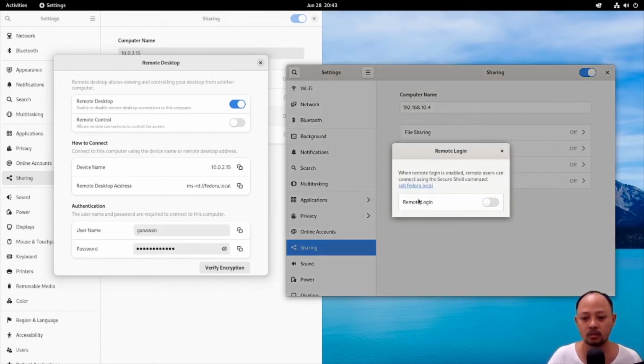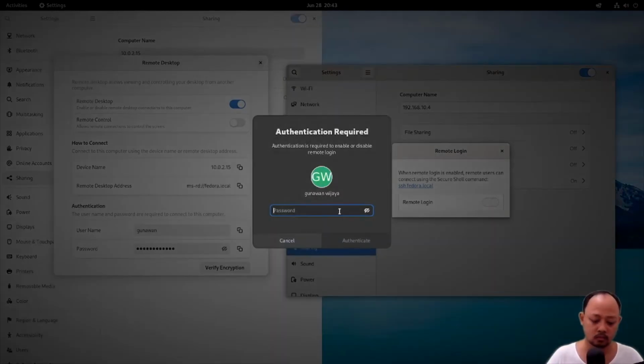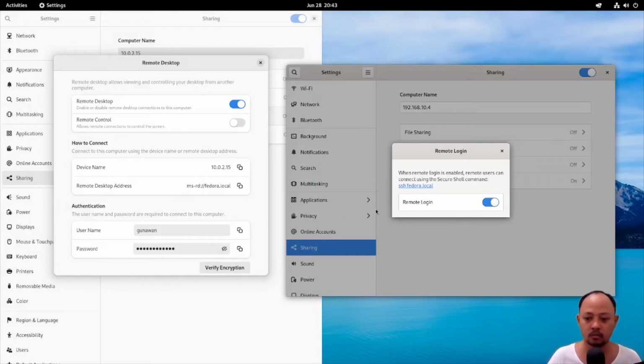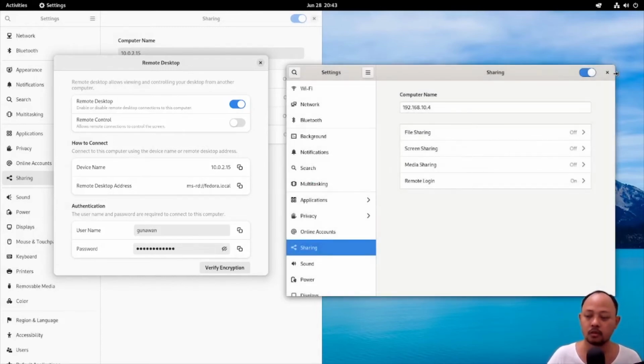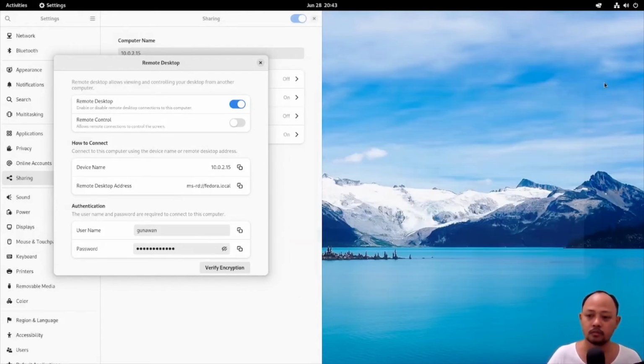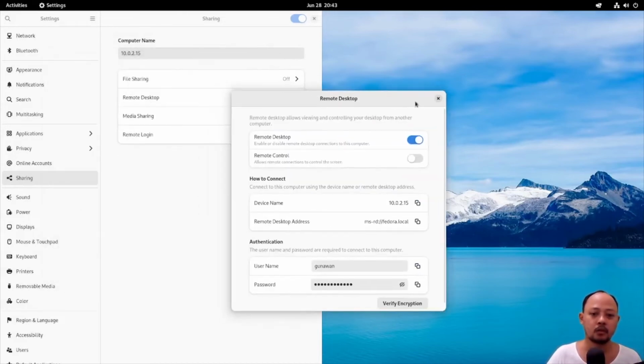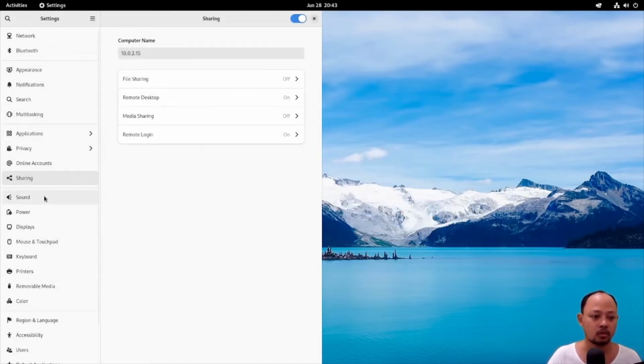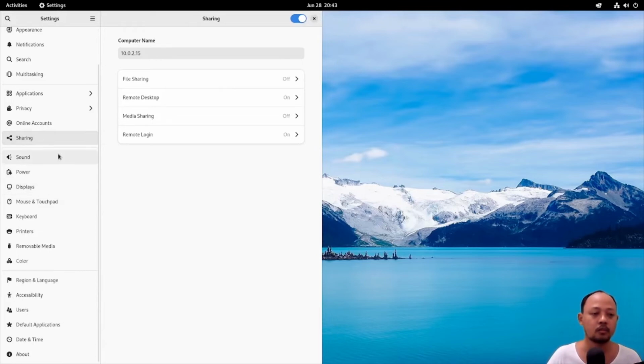Remote login is the same as Ultramarine. Okay, I think that's all in the sharing part.